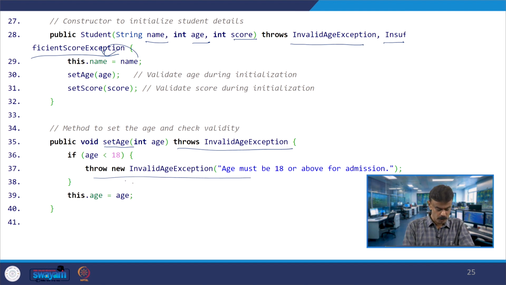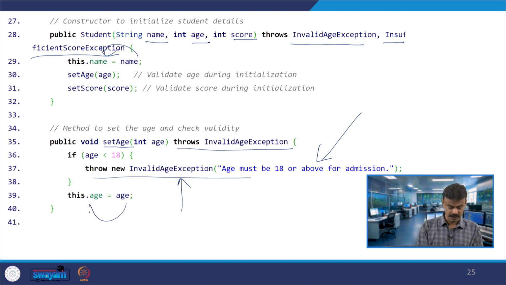So, throw new InvalidAgeException, passing the message, age must be 18 or above for admission, right. Otherwise, this.age equals age, so age will be copied properly into this.age.